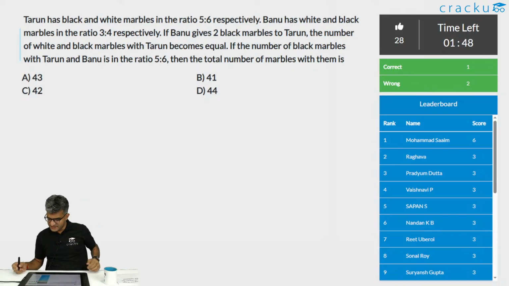Aarti Sharma is asking, sir, study room or your books, which is better in terms of questions? I think both of them are very good. The book also has a lot of very useful, very interesting questions. Even study room questions are very nice and interesting. It doesn't matter which of the two you are using. Just ensure that you are solving as many as you can. That is more important.